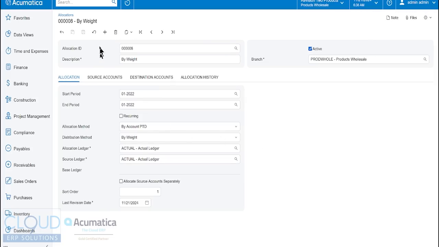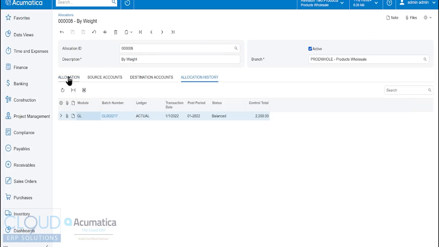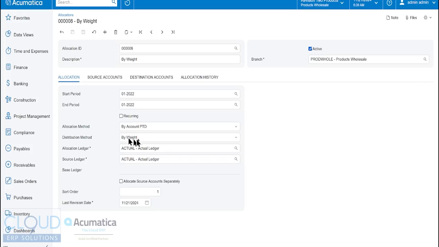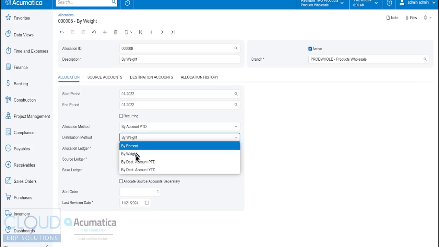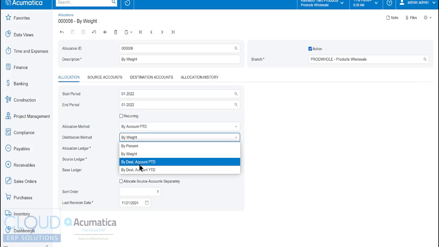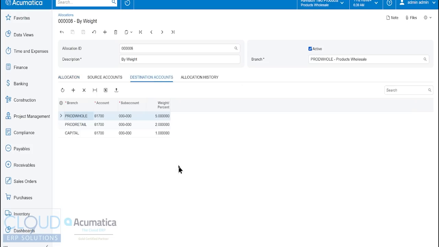Now, if we take a look at this profile that we did, again, there was only one transaction I did. I just showed it to you. The distribution method, we talked about percent and weight. You can also use the distribution method of the destination account. So what does that mean? Well, the system can look at all your destination accounts, and it could look at either the period to date or the year to date, sum them all up, figure out what their percentages are, and use those as a